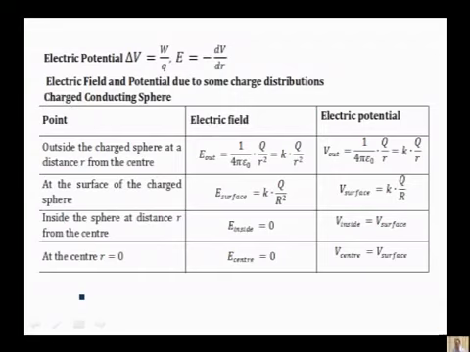the definition of electric potential is work done per charge, and therefore W by Q, and hence the unit of potential will be joule per coulomb. Potential is related to the field. So electric field is defined as a negative potential gradient, minus dV by dr. Because electric field is a vector while potential is a scalar, this has to be understood